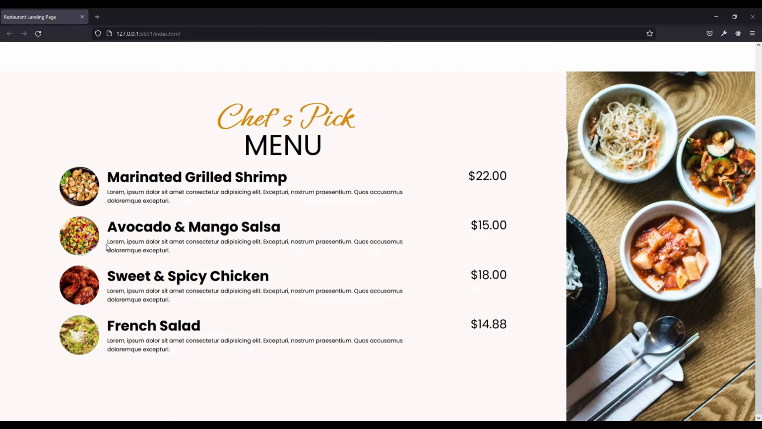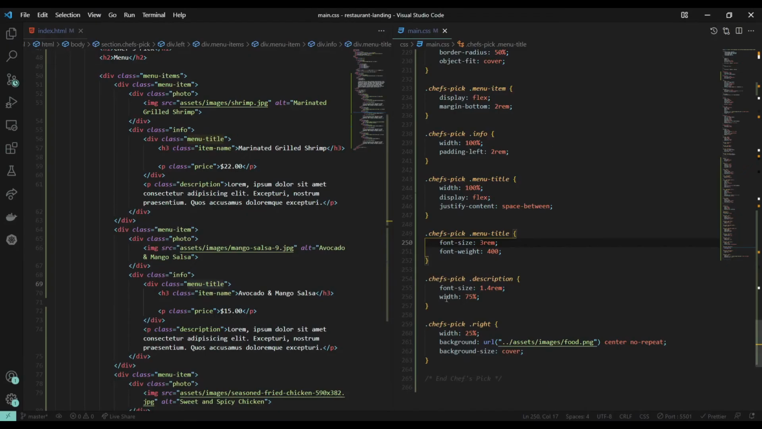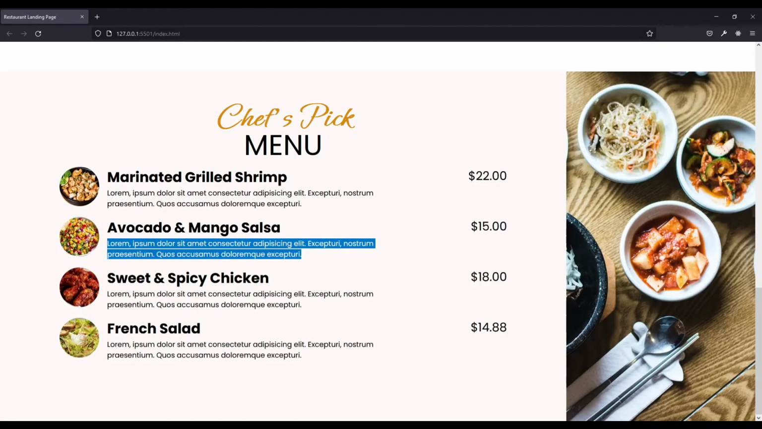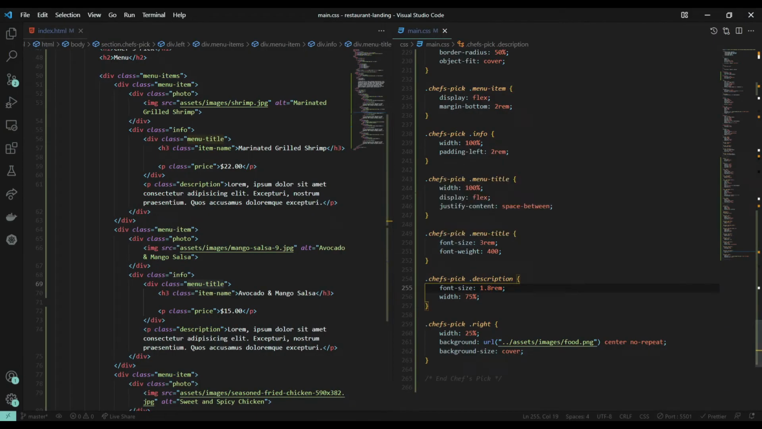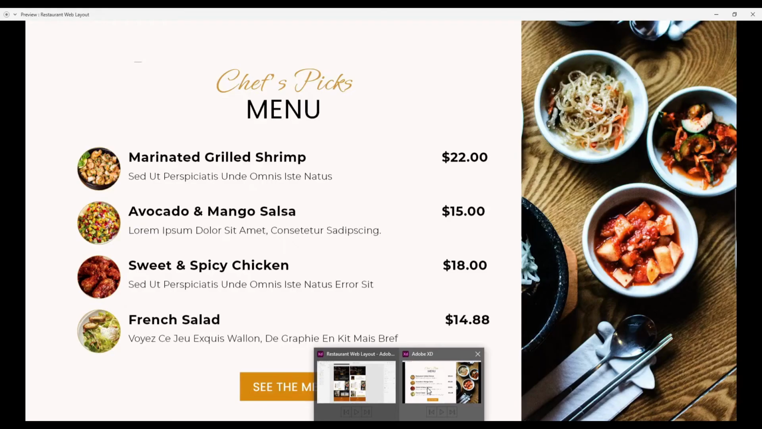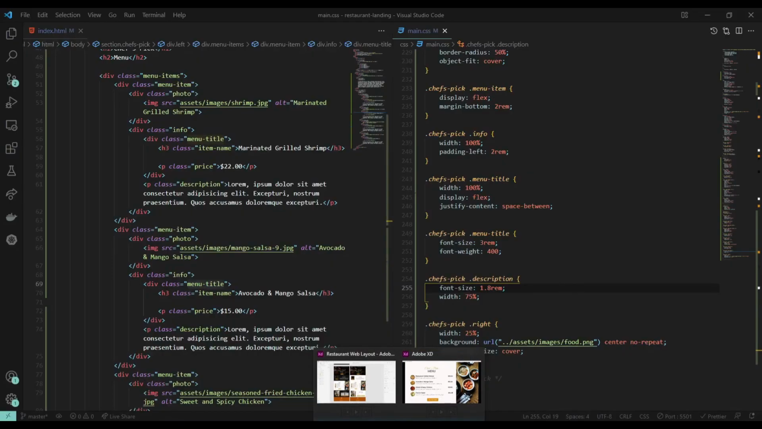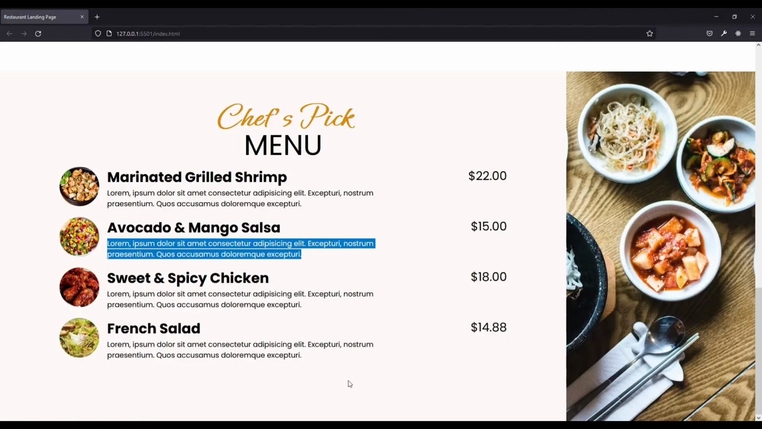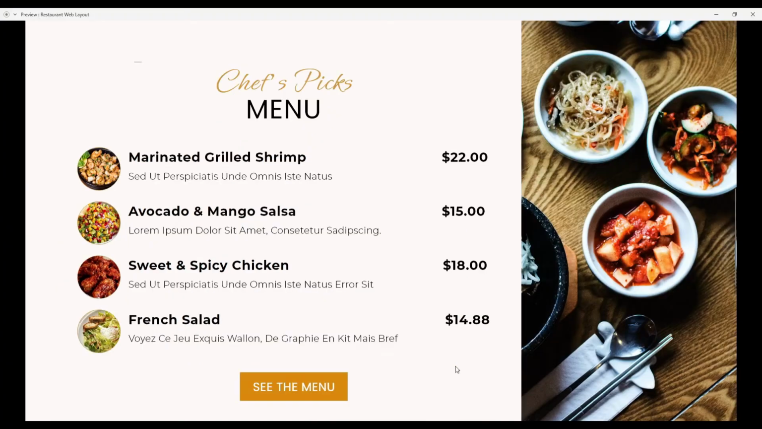Then we also need to increase the size of this paragraph here. So we could set this to about 1.8. Let's see what that looks like. Yeah, I think that's a little better. All right. So what we can move on to now is we can do similar to what we did